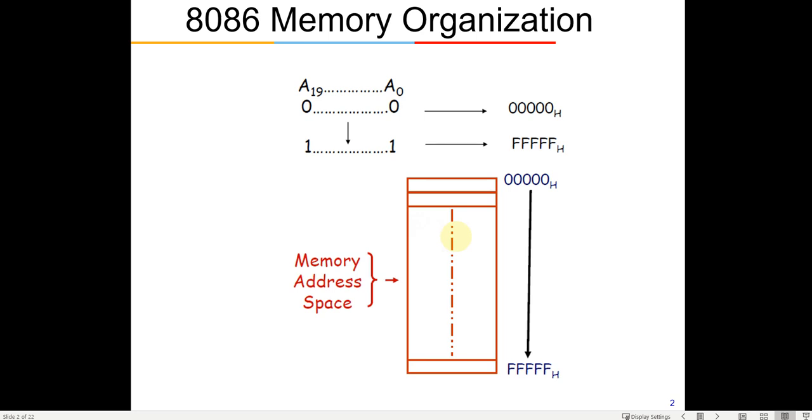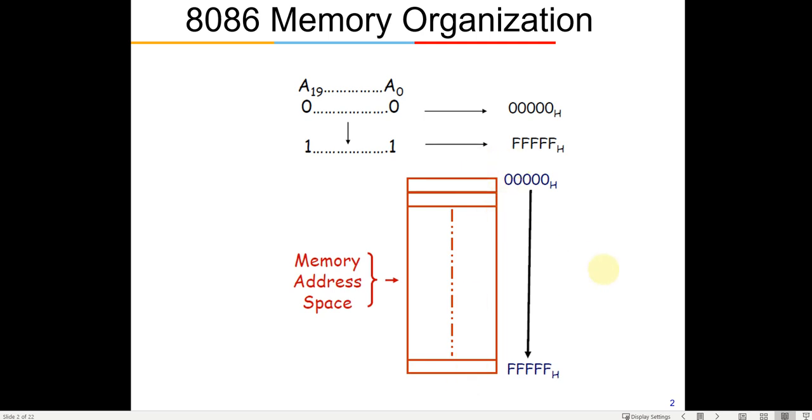Each of these memory cells is going to be 8 bits. Sorry, it's going to be 8 bit. 2 to the power of 20 will address 1 megabyte of 8-bit memory. Whenever we require 16-bit data, we will take 2 memory cells together. Each of these is 8-bit. Once we see how they are physically connected in the hardware implementation, things will be clear. We will not get into details now. So this is how the memory is going to be.